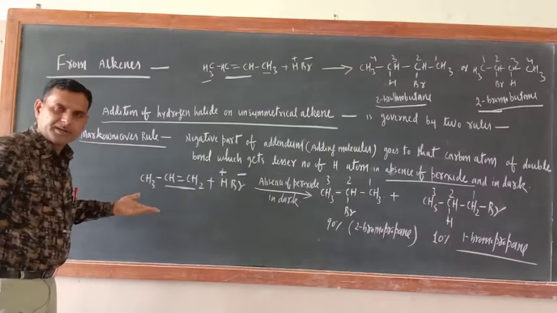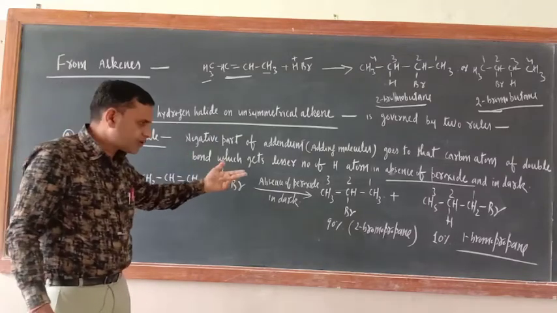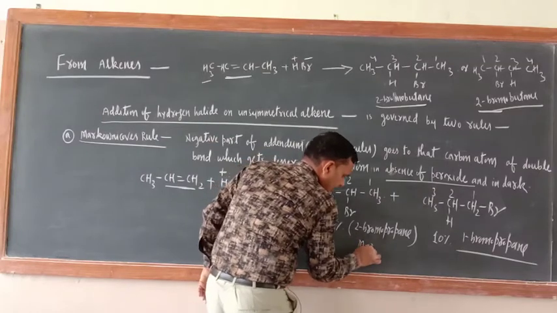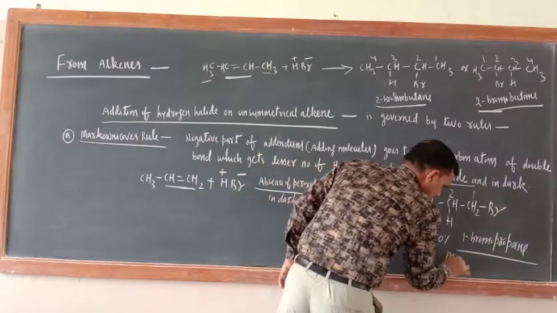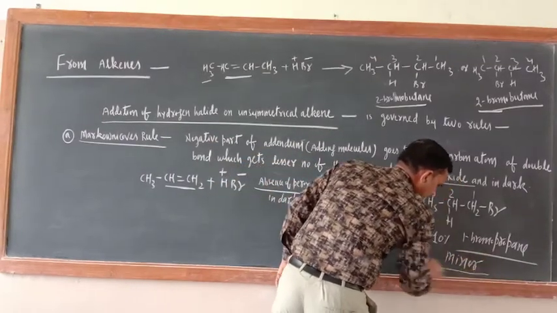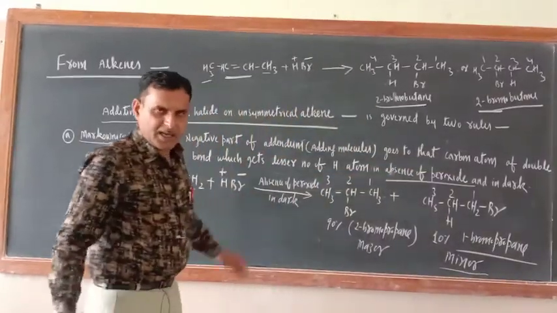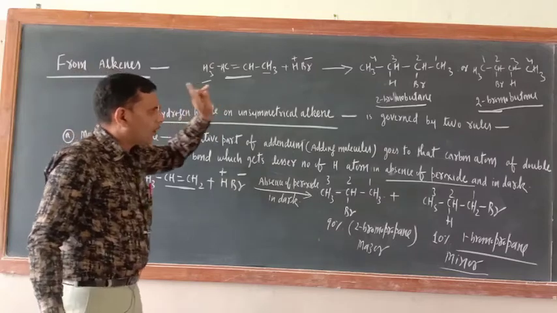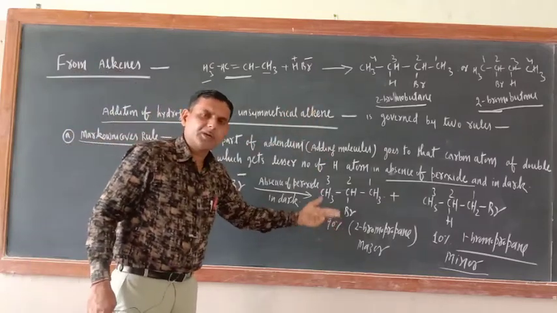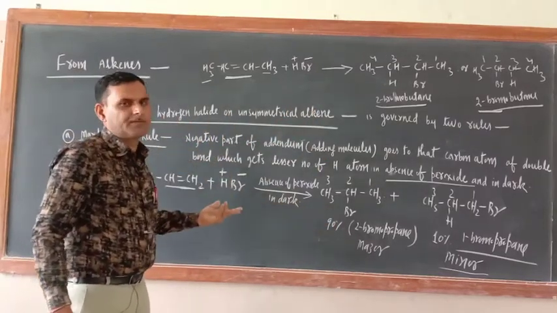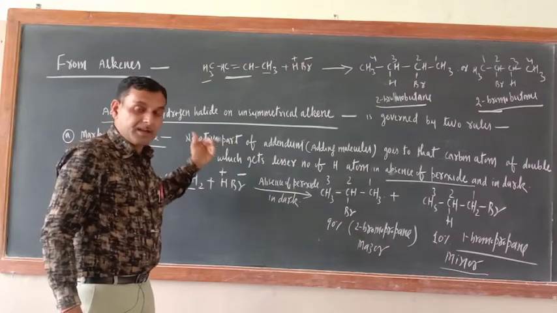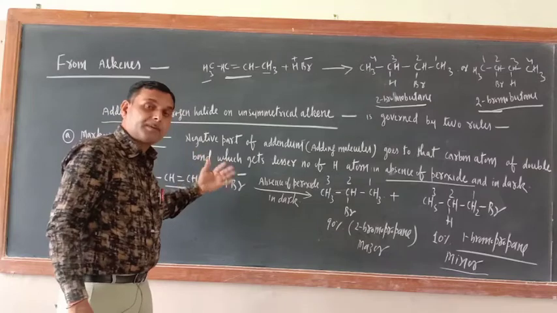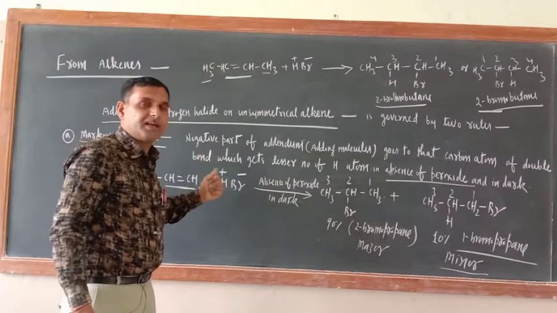Take pentene. Okay, in the same way you will get the two products. This is 90%, that is major. What is this one? Major product. What is this one? This is minor product. Okay, actually in symmetrical alkene, what is there? Only one type of product. Here you are getting two types of product. That is the only difference. And it is governed by Markovnikov and anti-Markovnikov.